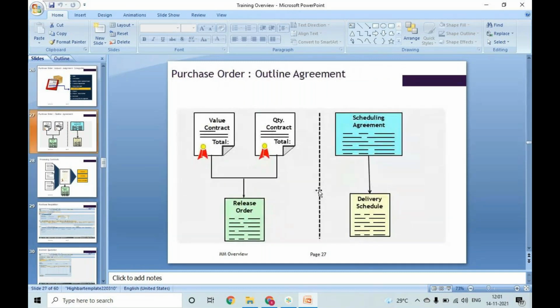I said about the outline agreement, we have contract and we have scheduling agreement. Again, contract is divided into value contract, quantity contract. Okay,